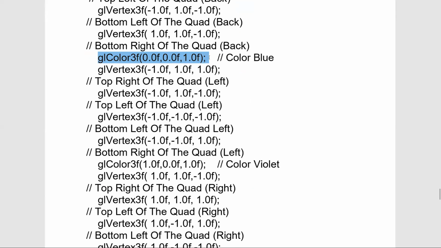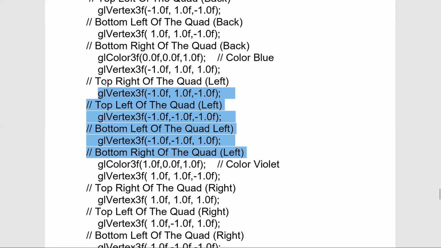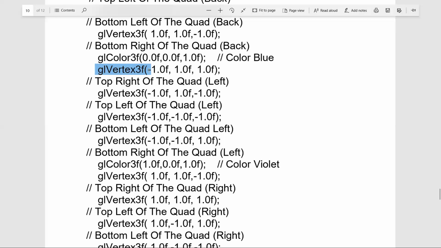Again, let us change the color. Take it as blue in RGB, where blue is now 1, and keep our left surface ready. The left surface of the 3D cube is ready. So here the top right is ready. The top left of the quadrilateral is ready.